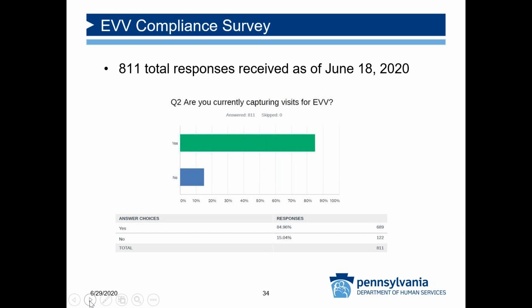For example, you're currently using the DHS SAN data EVV system until your alternate EVV system is certified. So we need to know if your plans will be changing in the future. DHS will only be able to help support your setup needs by understanding each provider's plans for EVV data submissions. So it is really important that we get this information from all of the providers. As you'll see,